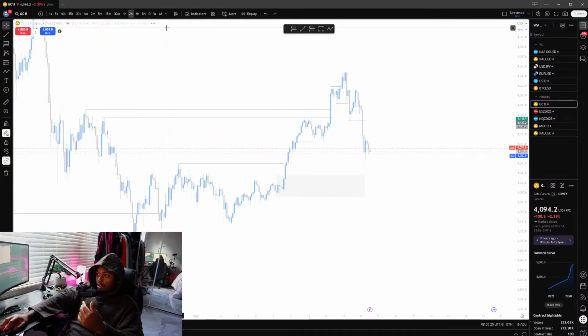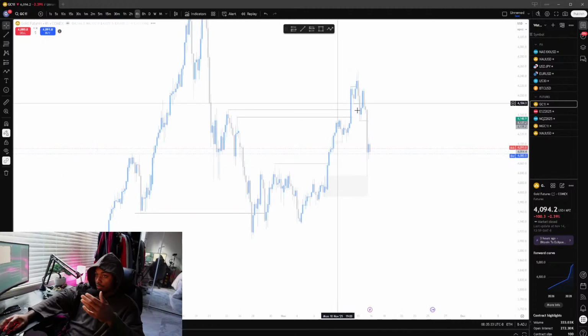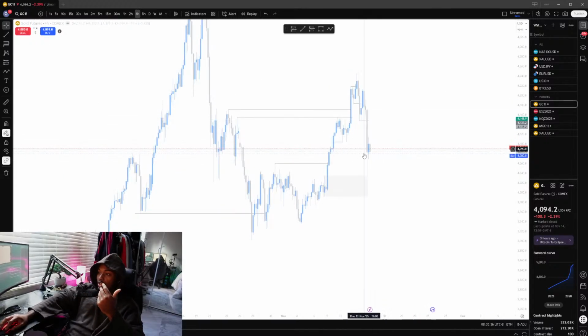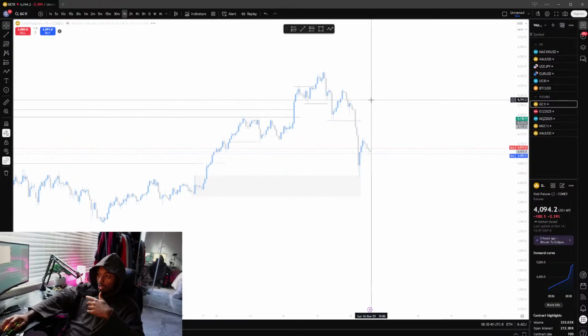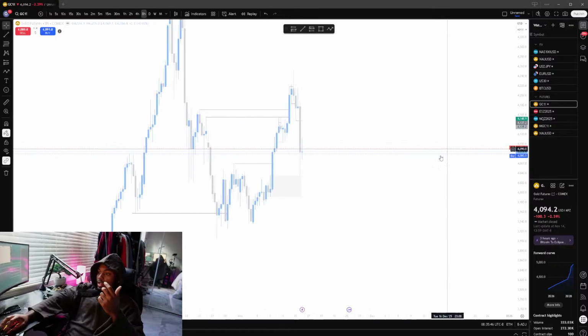So now let's drop down. 2-hour, we don't need to drop down to every time frame. We just need to go to what makes sense. Okay, so we know that the 4-hour broke its protected lows, obviously the 2-hour, the 1-hour all broke their protected lows as well. But now what we want to do is refine